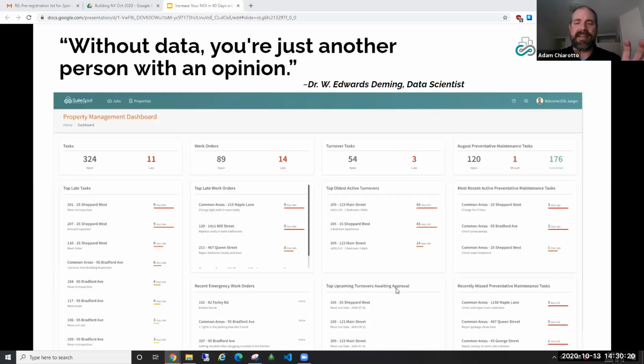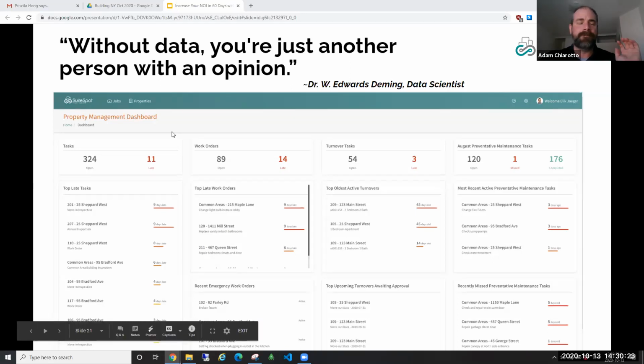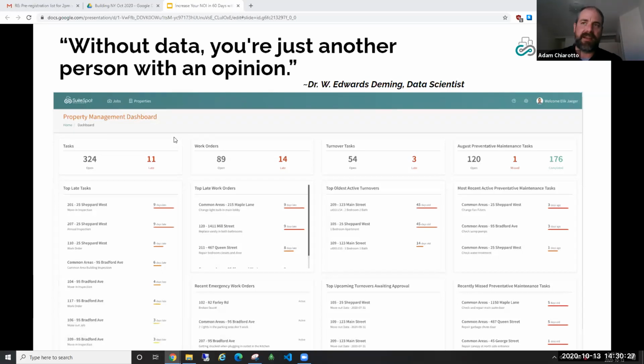With a simple dashboard like this, you're managing all of your service requests, work orders, unit turnovers, make readies, preventative maintenance tasks. It's all front page news, let's call it, because literally when you log into the web app in SuiteSpot, this is the front page that you see. So you don't have to go looking for this information. The information is going to come and find you, and it's going to show you exactly what needs to be dealt with and what has more urgency over the other parts of the processes that you're currently managing.